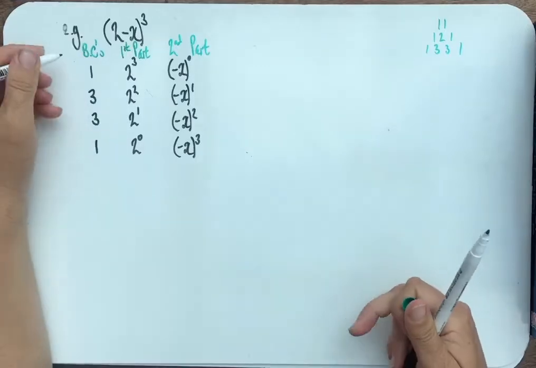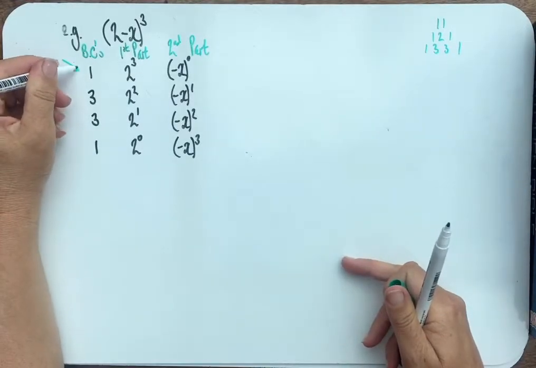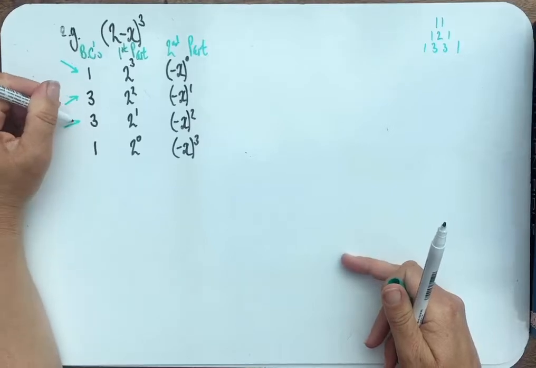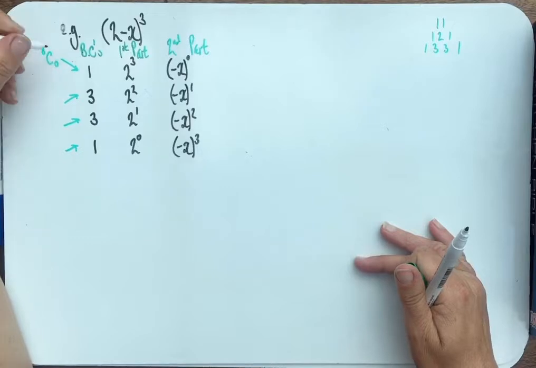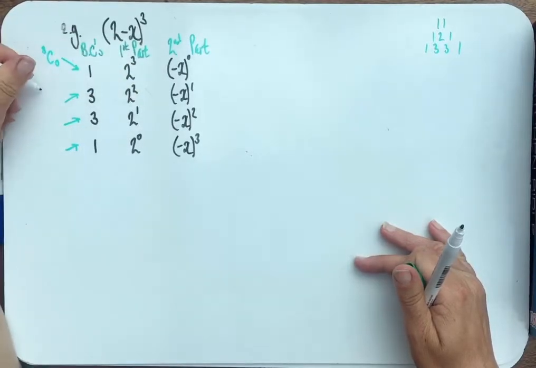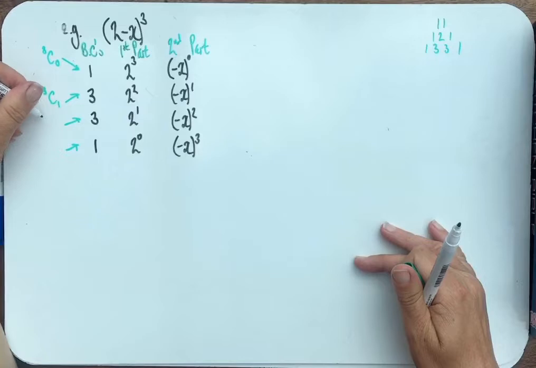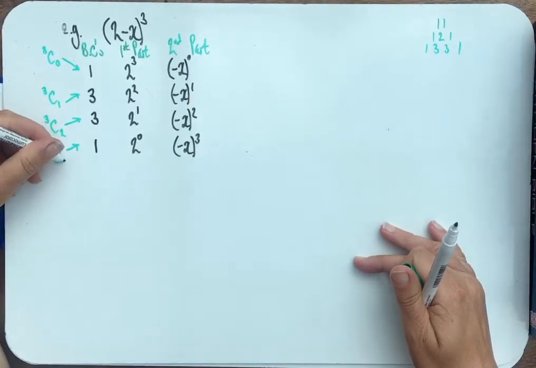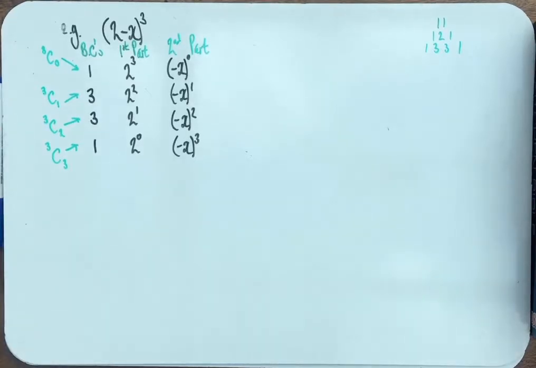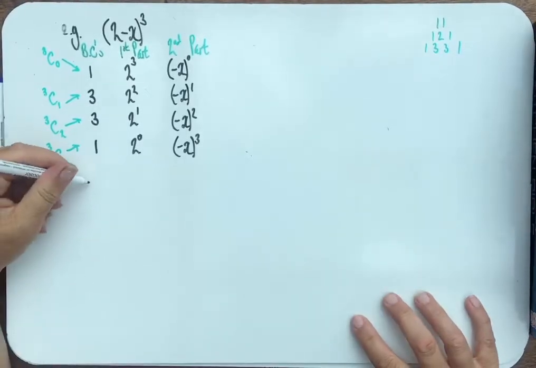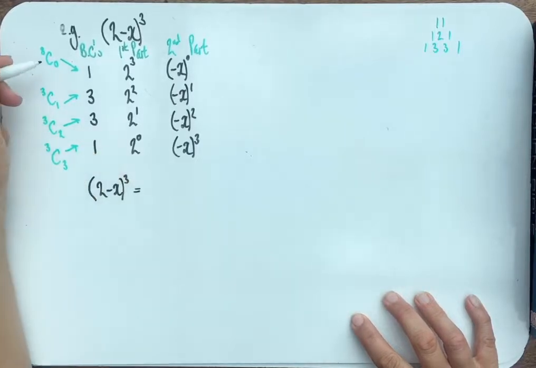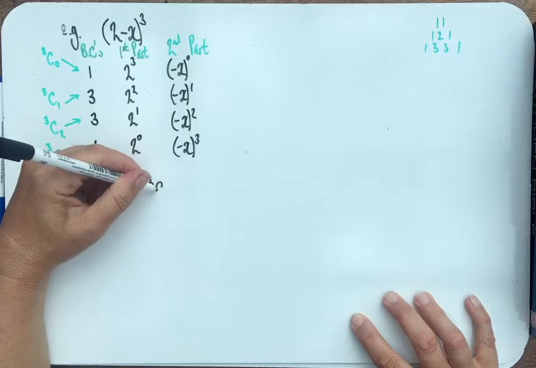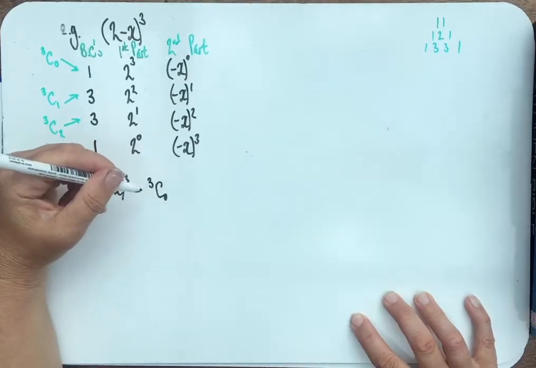The other thing, before I do that, is we said you can work these out instead of using Pascal's triangle. This is 3 choose 0. So that matches the power of the second part. 3 choose 1. 3 choose 2. 3 choose 3. Putting all that together, you get (2 minus x) cubed is equal to 3 choose 0 times 2